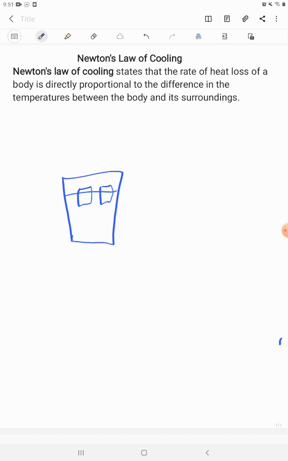If you place cold water, the ice cube will melt a little bit slower, whereas if you place hot water, that is, the difference between the temperature of the water and the ice cube is great, then the rate of heat loss from the ice cube, or the rate of change in temperature of the ice cube,